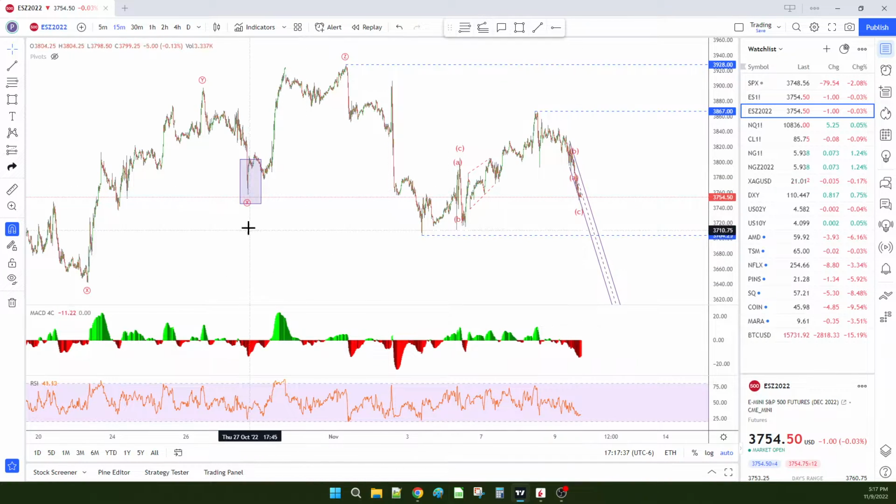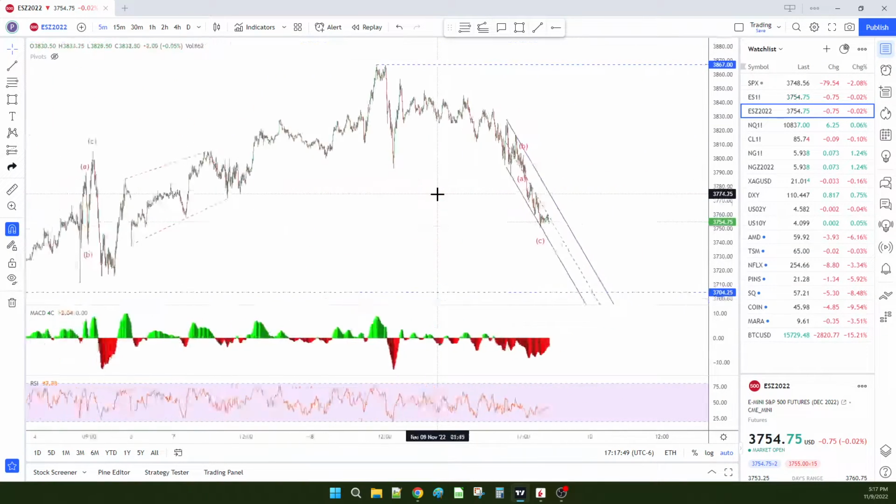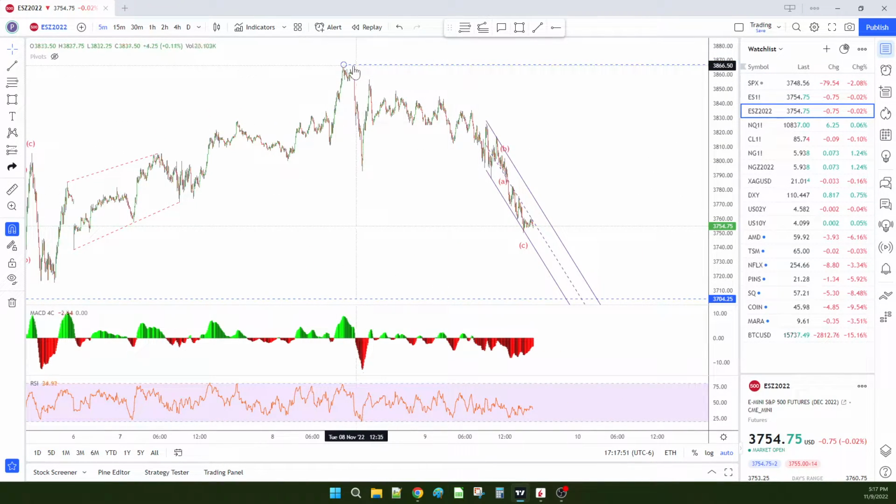For the bear case, which is what I'm sticking with, WXY, 1, 2, 3 down, 1, 2, 3 up. And so far, if I really drill down to 5 minutes here, this move here, this whole thing is making a leading diagonal. And then inside of this channel right here that was today, it's making the ending diagonal of this leading diagonal.